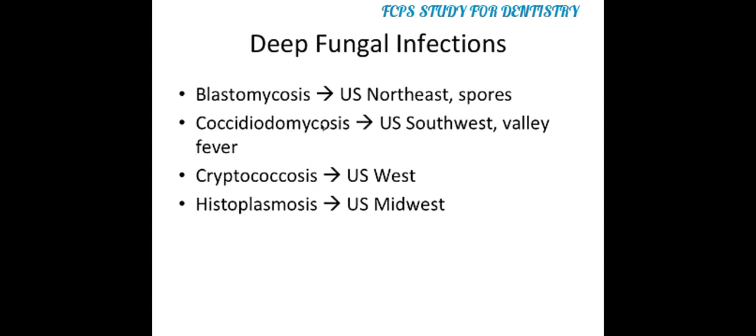Coccidioidomycosis, that's a tough one to pronounce, is in the U.S. Southwest, and also known as valley fever, cryptococcosis in the US West, and histoplasmosis in the US Midwest, like the Ohio and Mississippi River valleys. All these are relatively rare and pretty destructive if they really do some